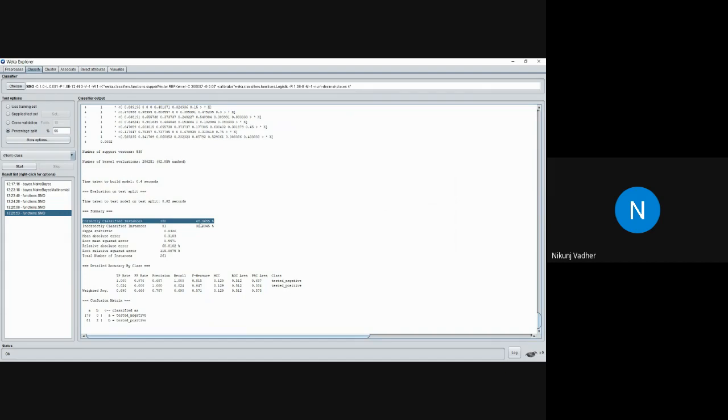So what I want to say is the data set is the same, but if we change the algorithm or if we change the tuning parameter of the algorithm, it will affect the performance of the algorithm. So before going with training, you should select which kind of algorithm you are planning to use, because